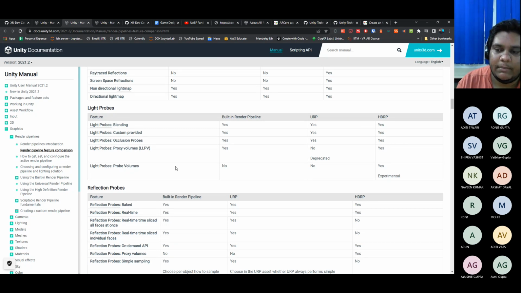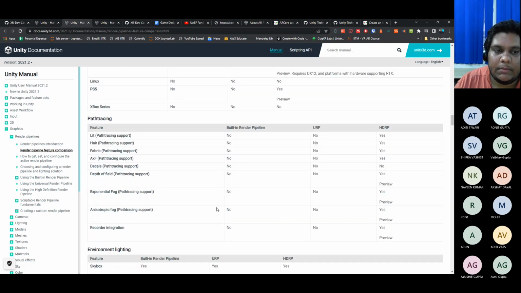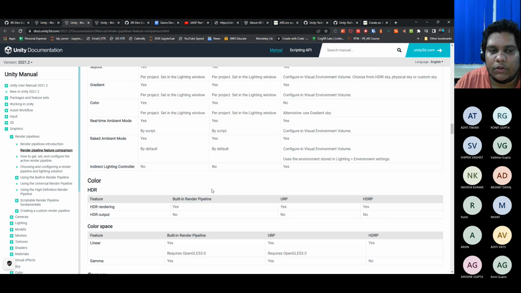So it's basically blending how natural light is, how light bends, how it falls on a surface and then refracts to another surface. To replicate how a natural environment behaves, you use light probes. Ray tracing, path tracing, a lot of concepts are there.